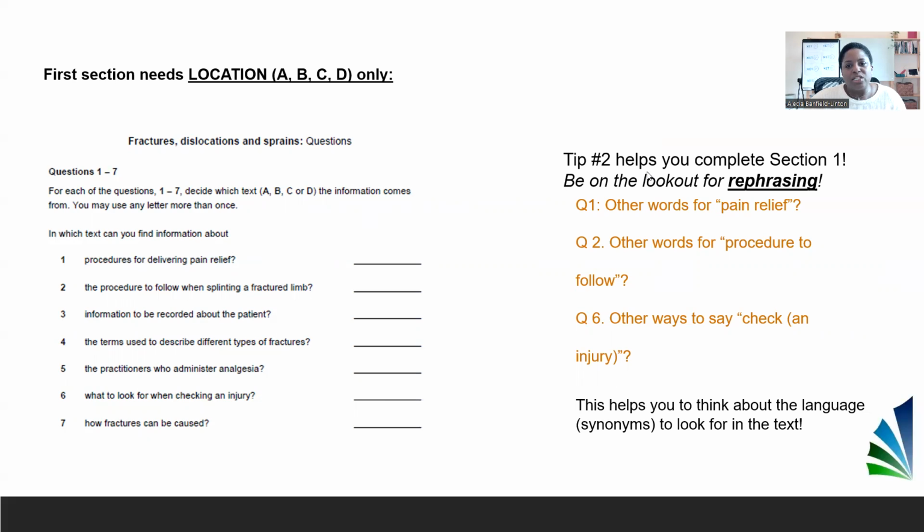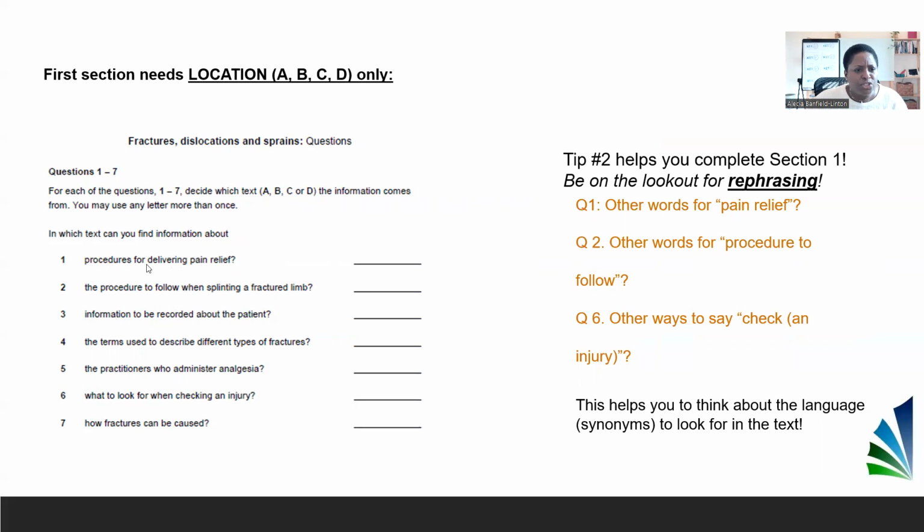So what's a good tip? Tip number 2 helps you by helping you to look out for rephrasing. Now, why is rephrasing important? Because often the language in these questions is stated in a different way. It uses synonyms, okay? So as you look here and as you start to answer these questions, don't, for example,